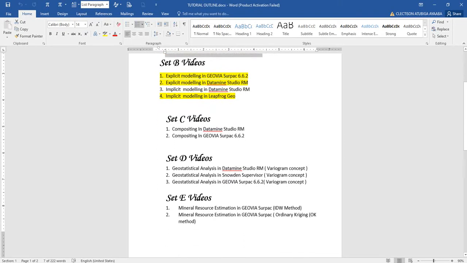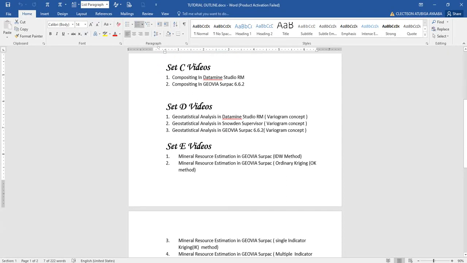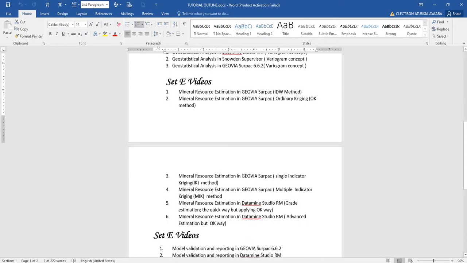In video set C, is going to be compositing in Determine Stereo RM, compositing in GEOVIA 6.6.2. In video set D, we're going to go through the variogram concepts in the softwares, Determine Snowden Supervisor, and then Surpac 6.6.2. For video set E, it's going to be the various methods that we are going to apply in